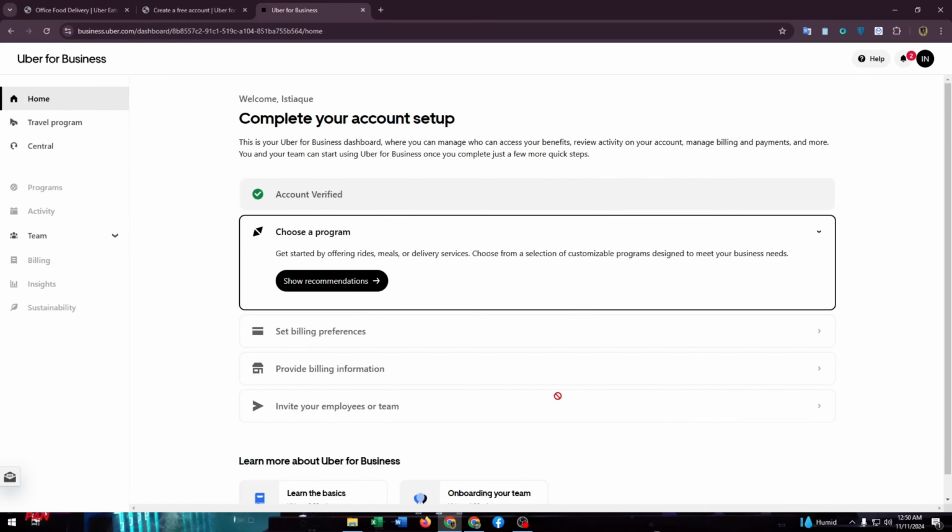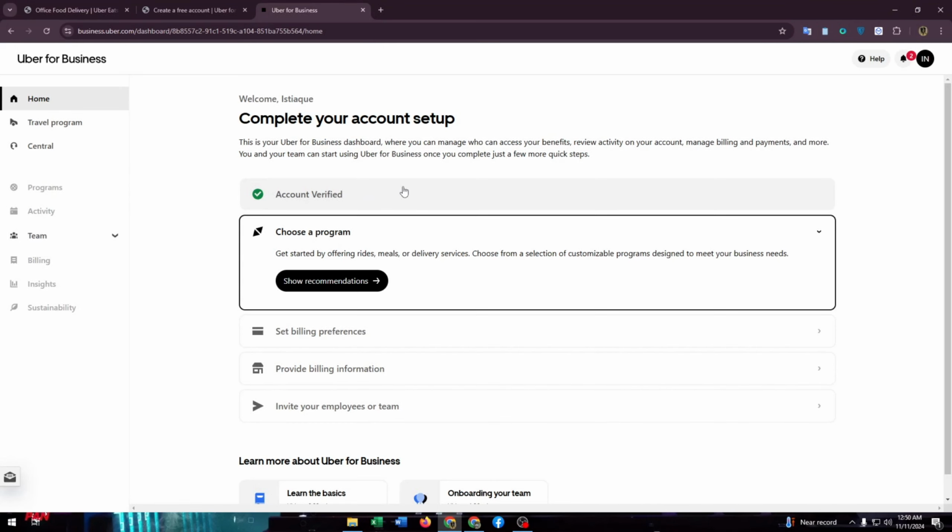instructions. Now here you can see I have already verified my account. You need to verify your account first. It's totally a crucial point of your business account. Verify your address, email address and contact number for your business. It's not a difficult task. You just need to follow the on-screen process that are provided by Uber for Business, and you can easily verify